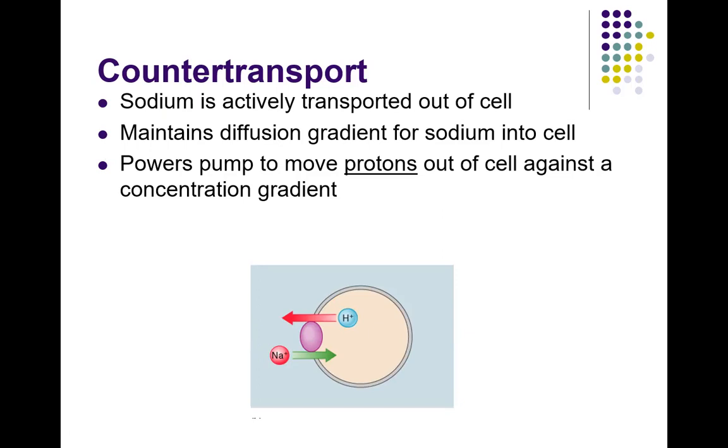So that's where the ATP was used, creating a concentration gradient so that the sodium wants to move from outside, high concentration outside, to low concentration inside. So it's going to follow the concentration gradient. And when it does that, it's going to send that proton or hydrogen ion out. And so when a sodium goes in, a hydrogen ion goes out. So since one's going out and one's moving in, that would be considered counter transport or antiport because they're moving